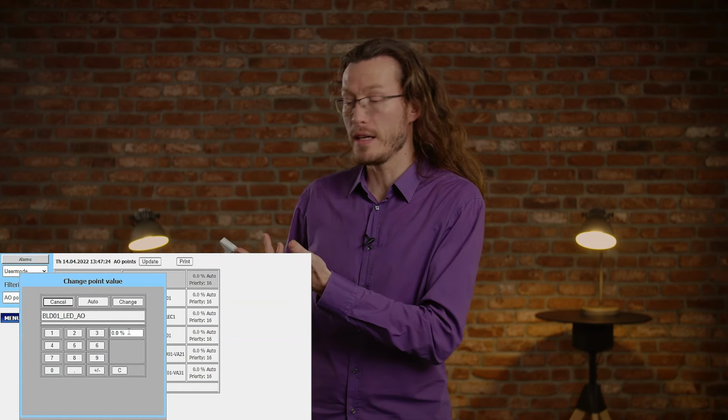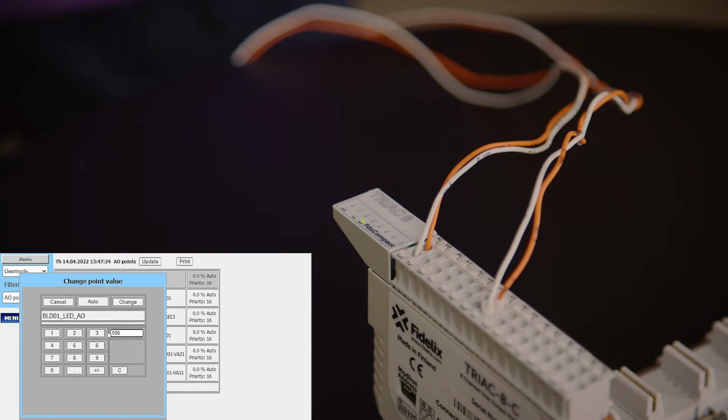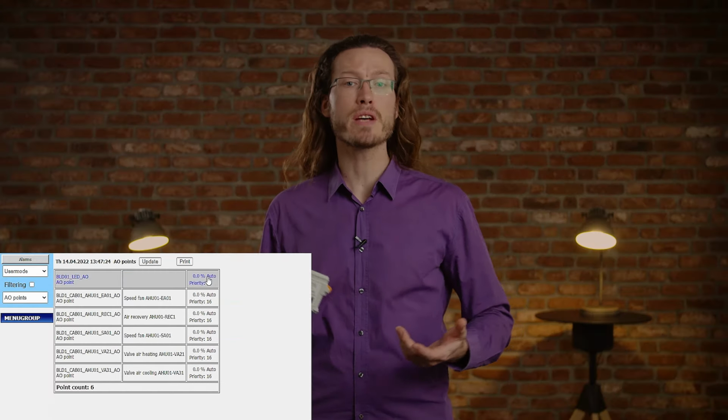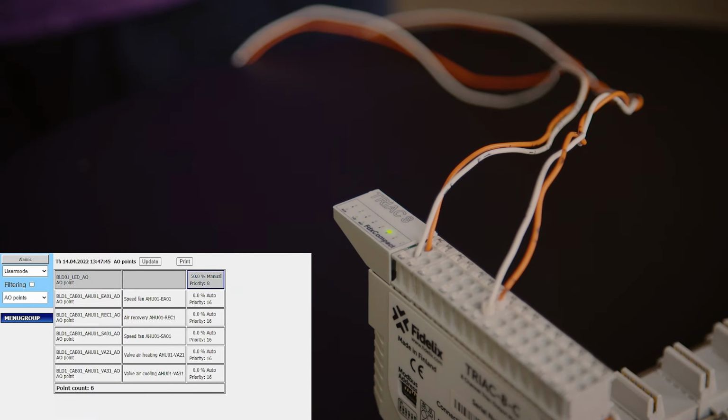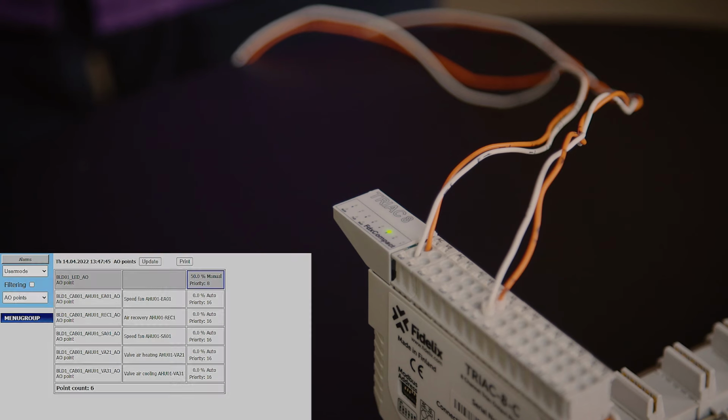When the output is off and set to 0%, the LED is off. When the output is set to 100%, the LED is burning solidly. Between those two output values, the LED is lit the percentage of the time equal to the output value, meaning that at 50%, the LED is half a second on and half a second off.